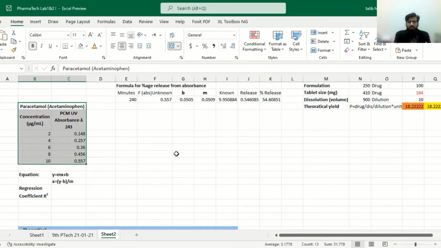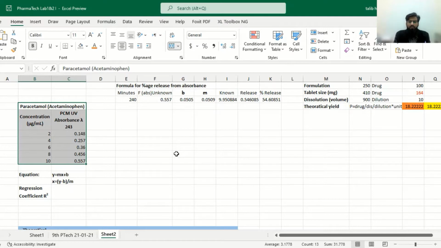dilution method. We prepared a standard solution, a solute-in-solvent solution. We dissolved a specific quantity, for example 1 milligram or 100 milligram of the drug, in 100 ml of water or any other solvent in which it is soluble. In this case we were using paracetamol, which is a water soluble drug.